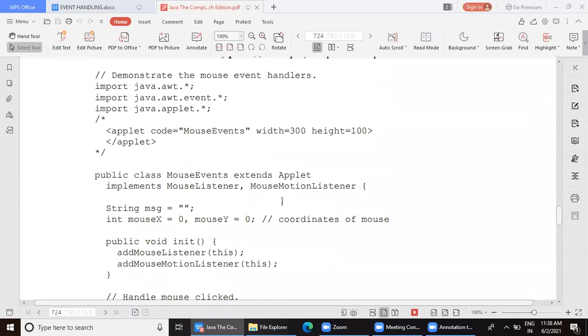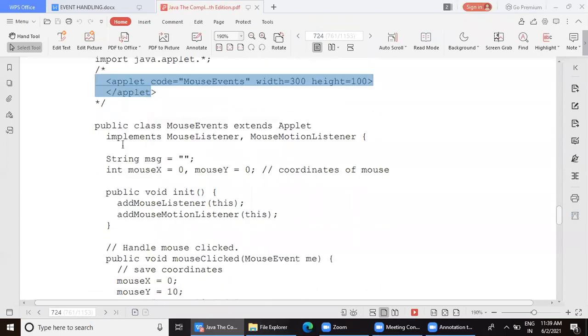Now see, don't listen to these programs or my classes like a story. All of you should learn to scribble the programs. Try to write this program without looking. You will feel that we can write this program easily, but actually there are so many small things without which this program will not run. First is this import. Then of course this applet code you will be well versed with, but still in case you have forgotten, you should be able to write it.